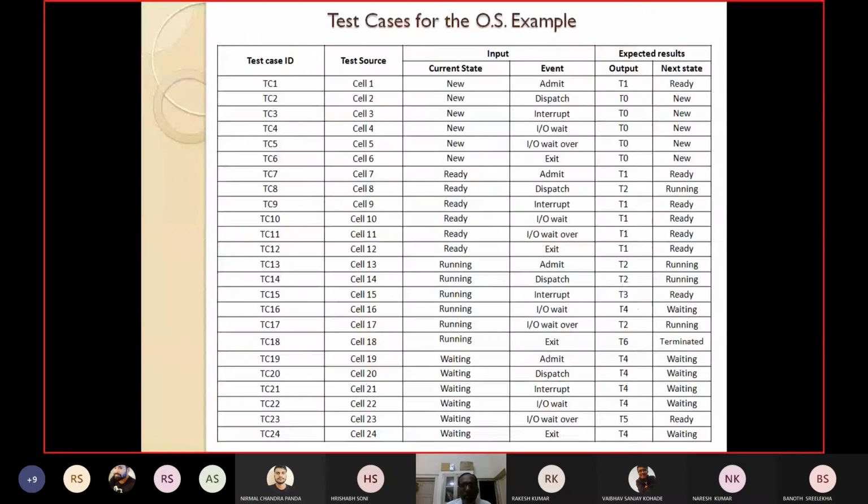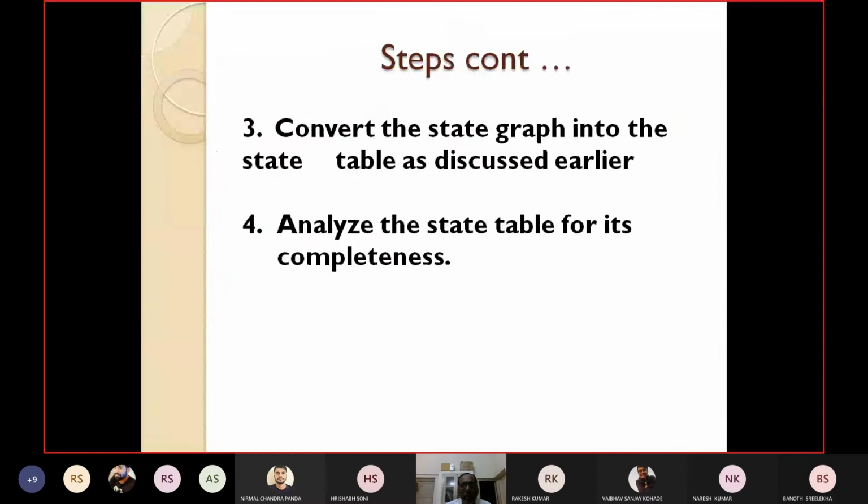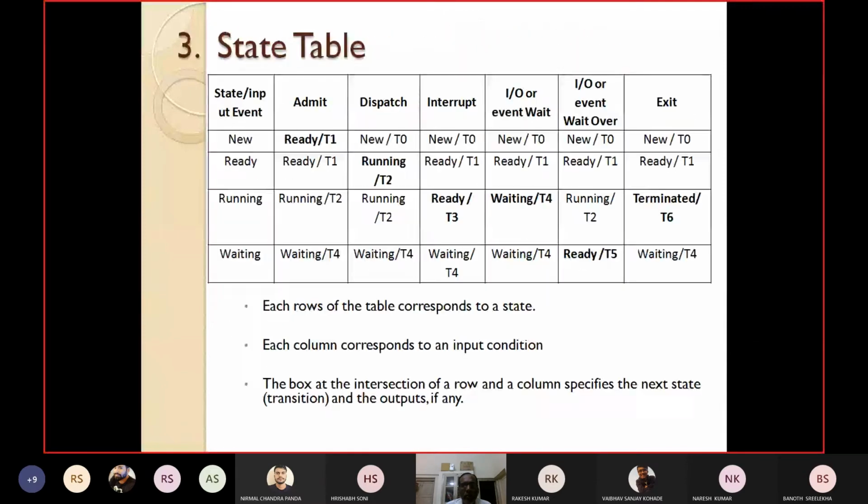I have already told you that the rows will represent the states of the finite state machine or the state graph. The columns will represent an input condition. The boxes at the intersection of a row and a column will specify the output, which means the next state and any output, if there is any.